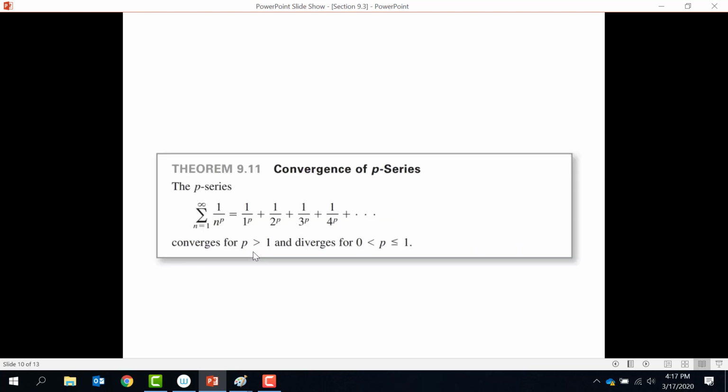But now we have this important result, and this is theorem 9.1.1, the convergence of a p-series. So if you have a p-series, the determining value is whether your p is bigger than 1 or your p is between 0 and 1. And if your p is bigger than 1, as we saw with the n cubed, then your series is going to converge. And if it's between 0 and 1, then when you rewrite it and add 1 to the exponent, you will now have a positive exponent,